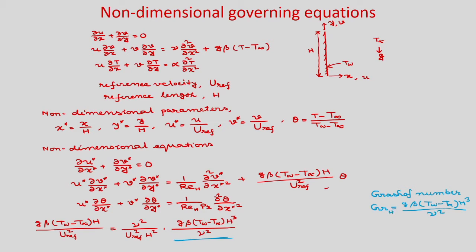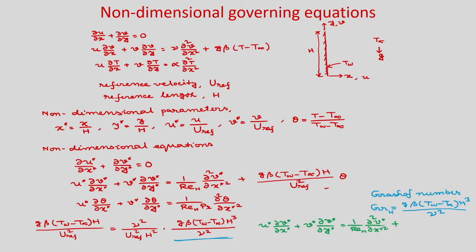Okay. So, now you can write this term. The momentum equation you can write as u star del v star by del x star plus v star del v star by del y star is equal to 1 by Reynolds number based on h del 2 v star by del x star square